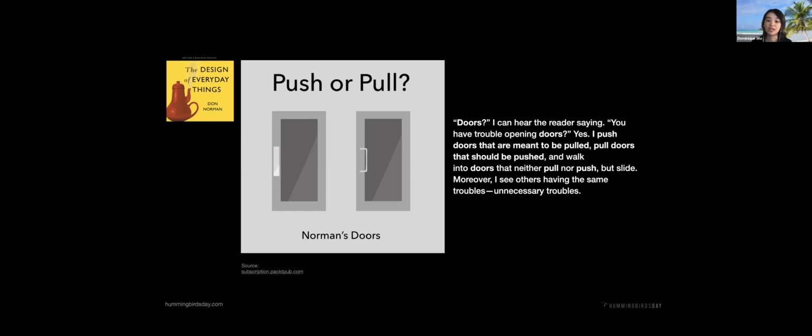The design should be intuitive enough for people to know whether it's push or pull. So if you see this door, you kind of know that if there's no handle, it's probably push. If there's a handle, it's probably pull, right? So if you use something and you don't even need to think about how to use it, then that's a good design. If you need to relearn how to use it, or it's against your everyday, basic knowledge, then that's bad design. Okay,